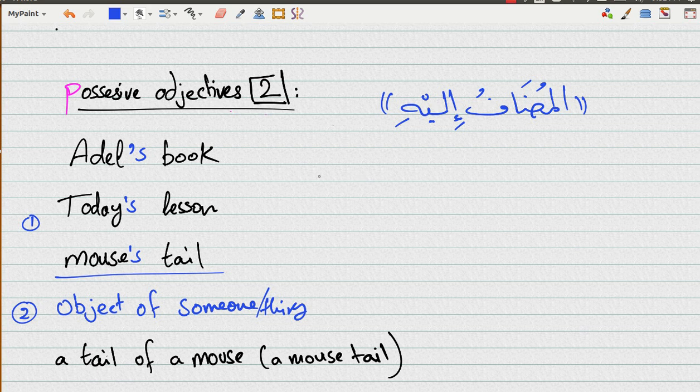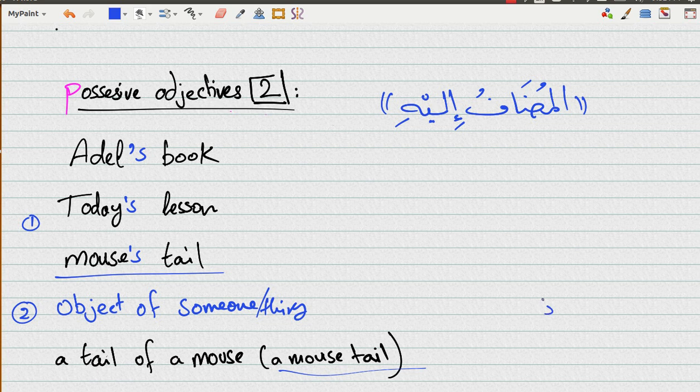So there's another way of saying things. So here, if I want to say an object belongs to something, or in English, if you want to say a tail of a mouse without specifying the mouse, a mouse tail, in Arabic it's the same structure, but you don't add al. So the difference between the translation between this and this is that if I want to translate a mouse tail,